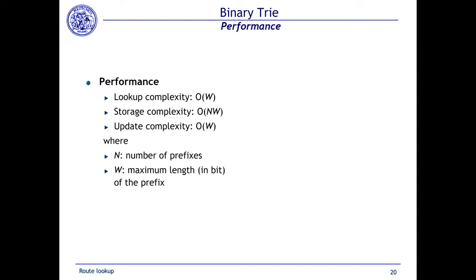In order to simplify the evaluation of this algorithm, we always try to relate these parameters to the dimension of the problem, which in our case is given by the number of prefixes that you have in the table, which is capital N, and capital W, that is the maximum length in bits of the prefixes. So the prefix having the maximum length. And we use this